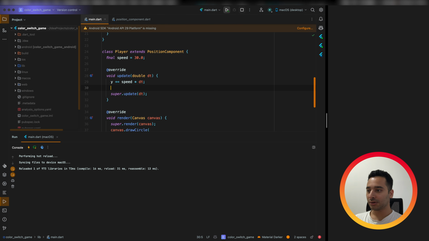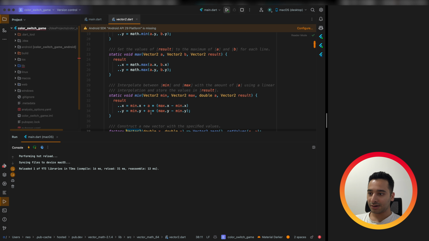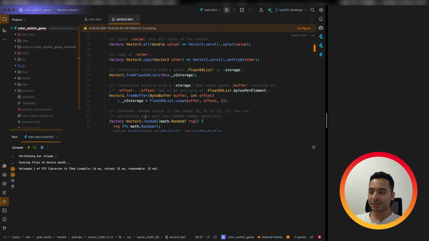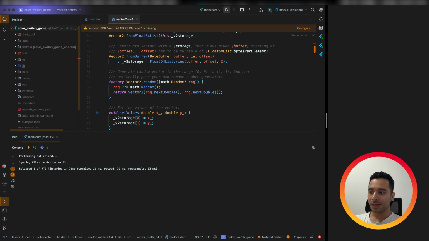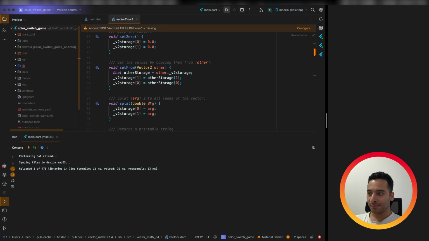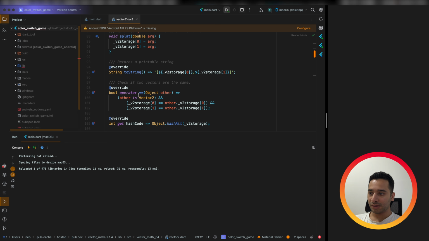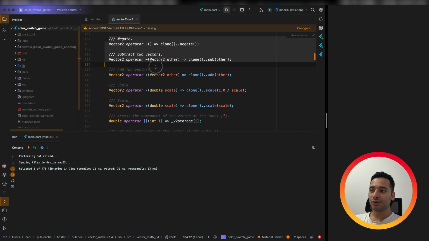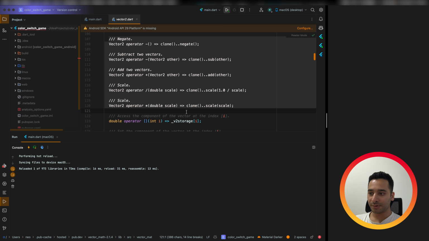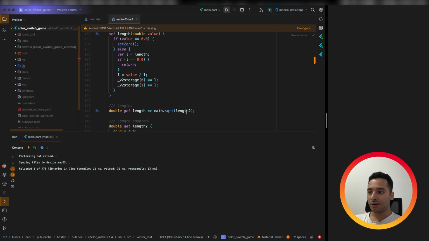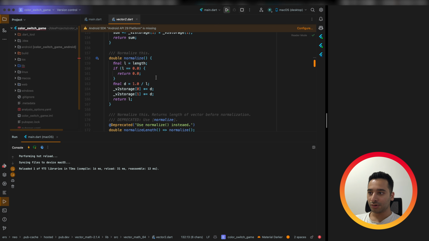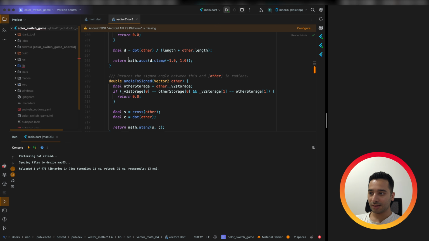If we take a look at vector2, it is a wrapper around two variables, x and y, and it also has a lot of useful functions. For example, you have equals implementation, hash code implementation, mathematical operators, and you can also get the length of a vector, normalize it, and other stuff.